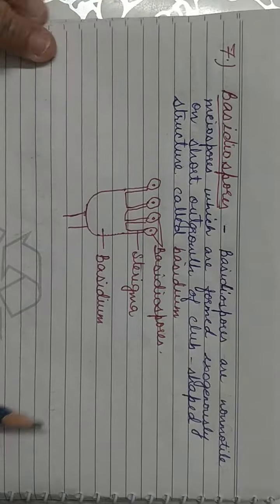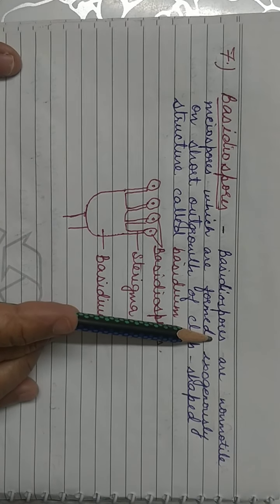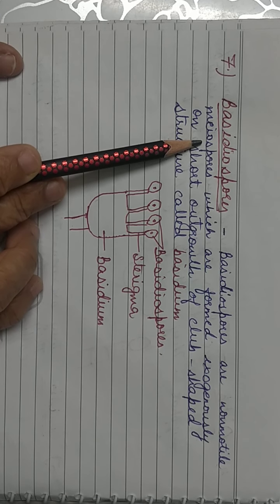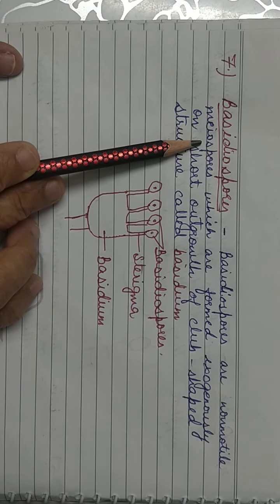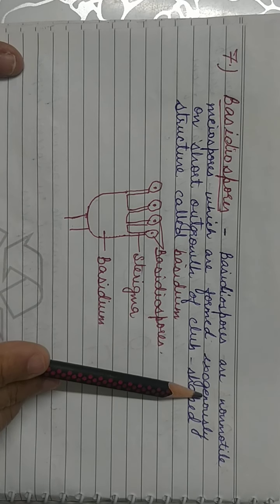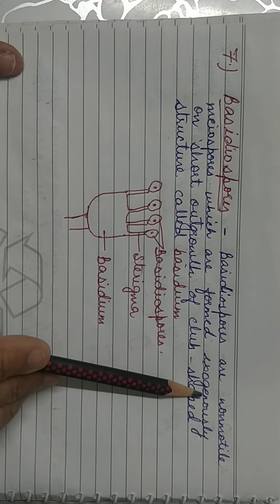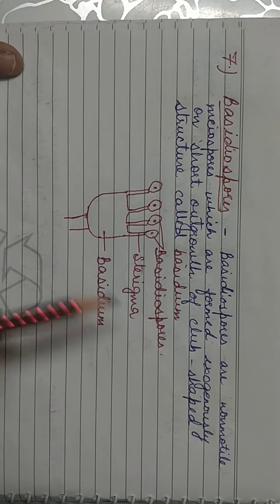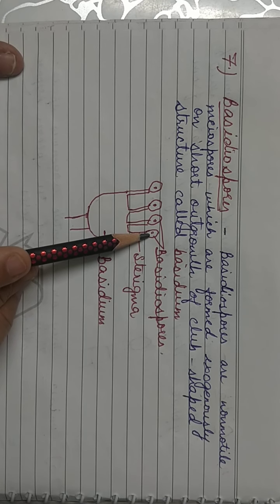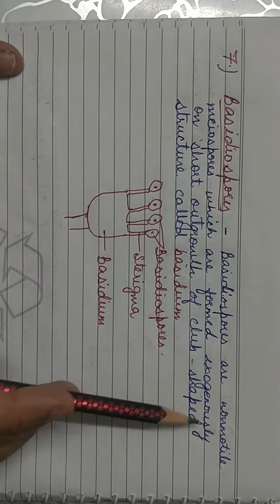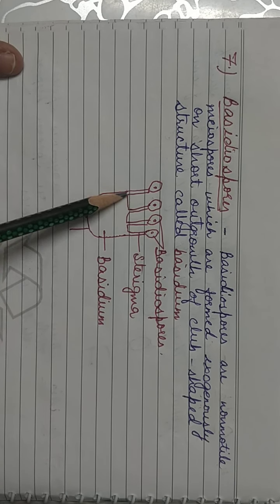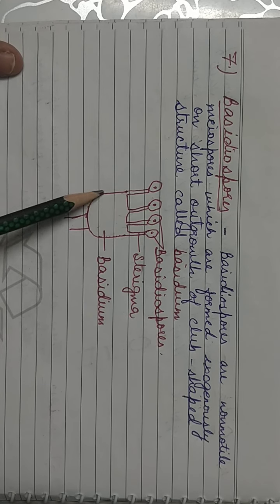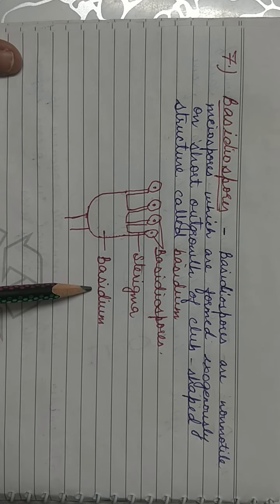And the last type of spore is basidiospore. Basidiospore is again a non-motile spore. It is also a meiospore. That means they are haploid. It undergoes meiotic division to form 4 spores. These are exogenously present. Now ascospores, you saw, were endogenous. Endogenous means they were inside the ascus, but here it is not present inside any sac-like structure. It is exogenous, and they are present on short stalk-like structures known as sterigmata. These sterigmata are present on a club-shaped structure known as basidium.